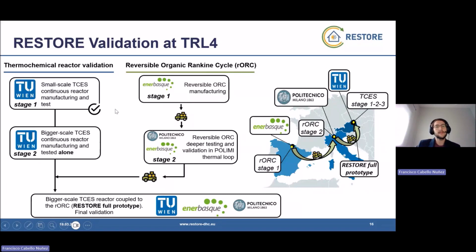One of our main activities is the validation of this concept up to TRL4, that is a validation of the technology at lab scale, and we can distinguish two different paths in RESTORE. The first path is in charge of validating the thermochemical reactor, and here we consider two different stages. The first stage, focused on manufacturing and testing a small scale continuous reactor, has already been carried out and successfully